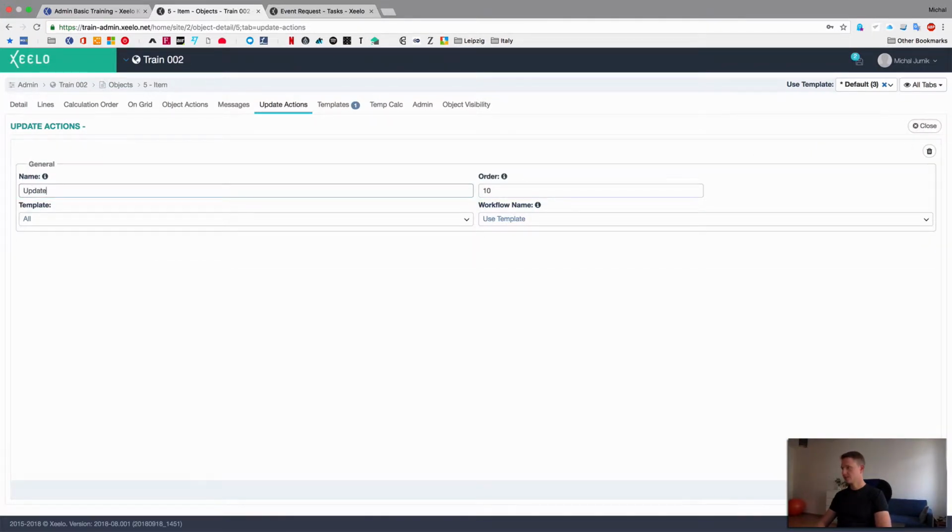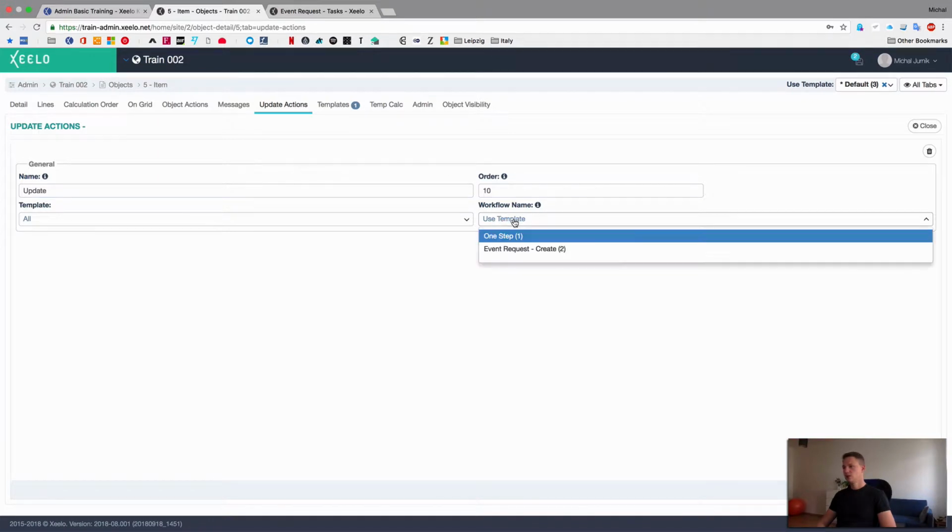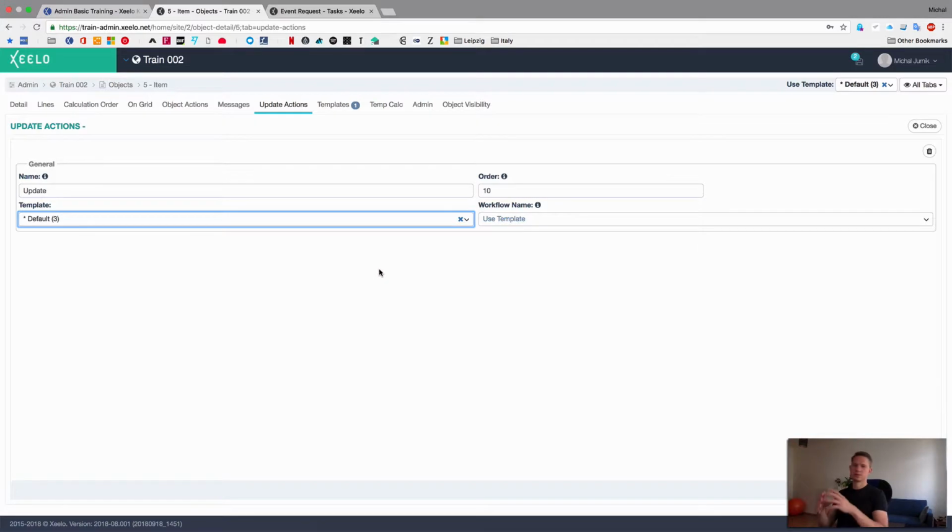Just call it update. And you can specify now the template or workflow. We can set it as default. It means in default template, there is a specification for what workflow it should be called that update. If you don't want to do that, imagine that you have eShop or something like that, and you have process ordering, you have process delivering, you have process invoicing, and so on. You can create 3 different workflows, and you can jump from one workflow to another if the request reaches the last step, the completed step. All right, we leave it to default,